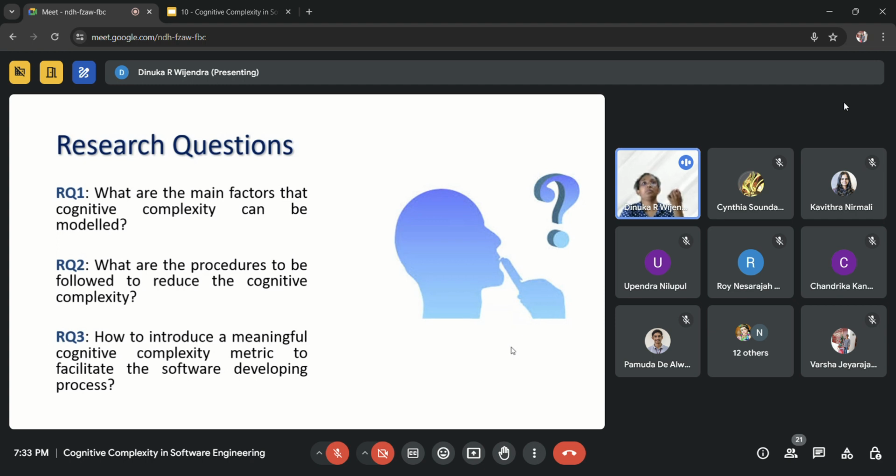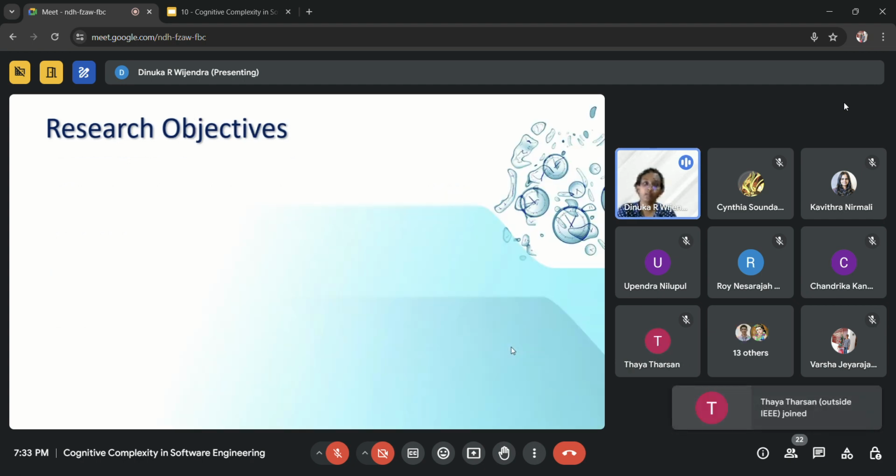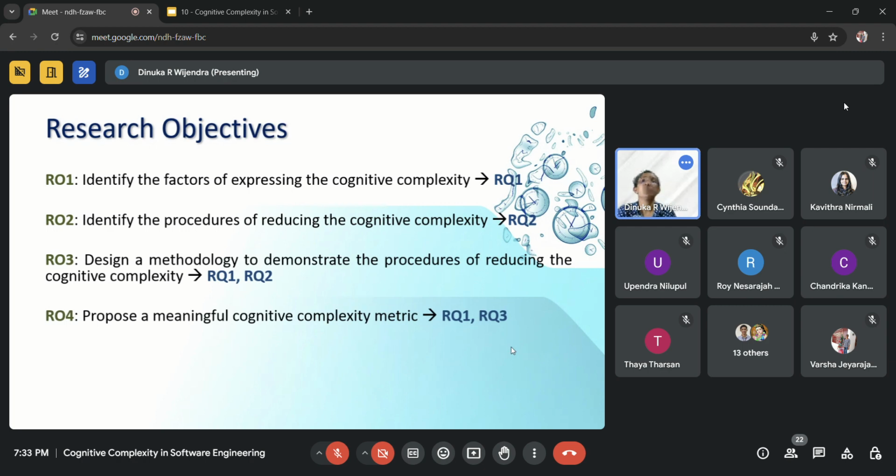So from person to person, how the metric can be changed. That is the biggest research question that I have to address. So let's see how we have done that. Under that research, 3 research questions, I have developed these 5